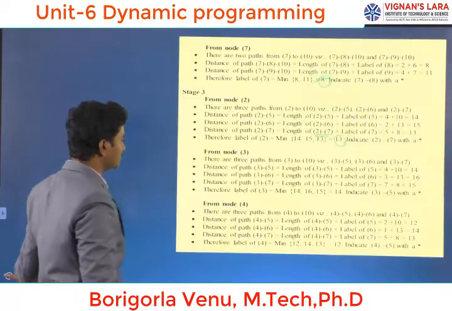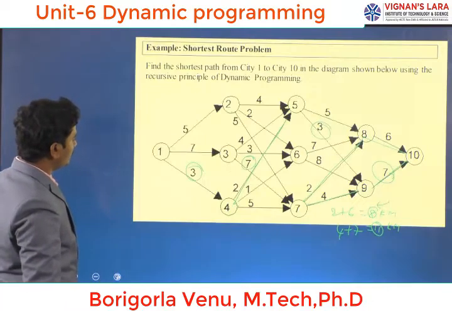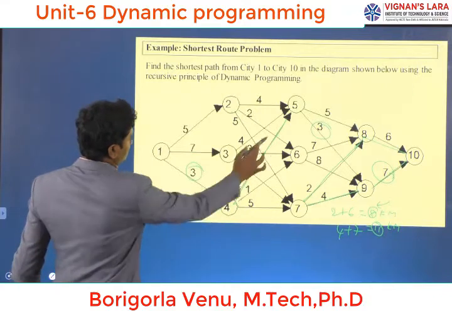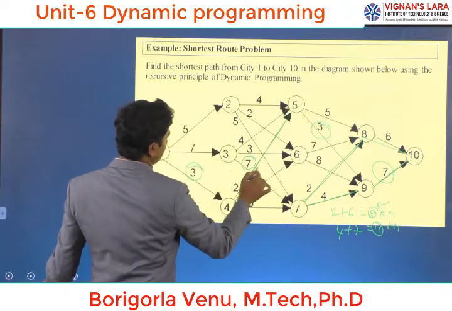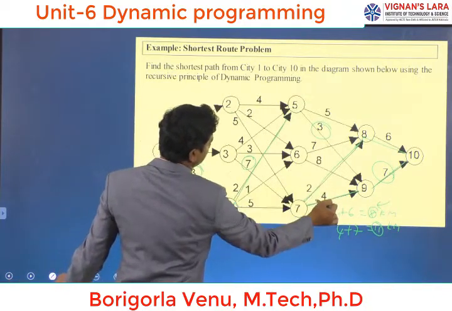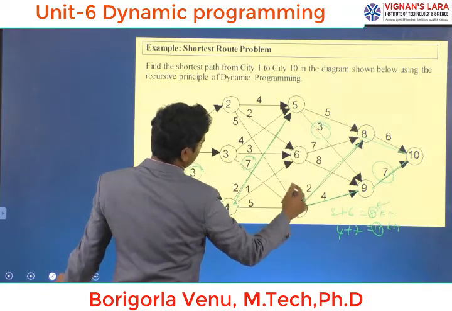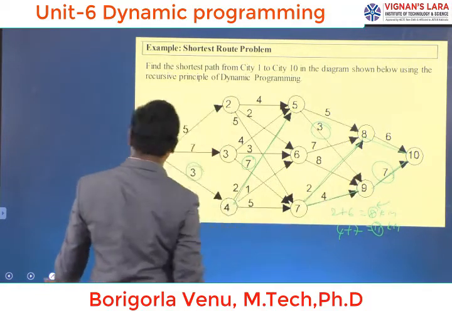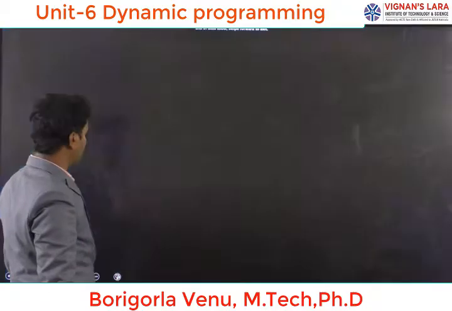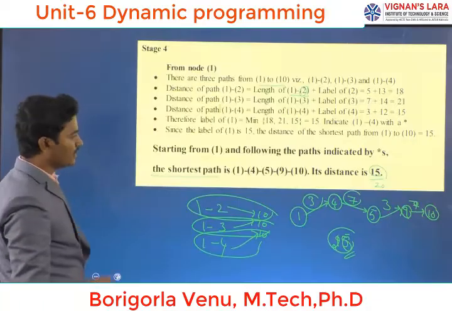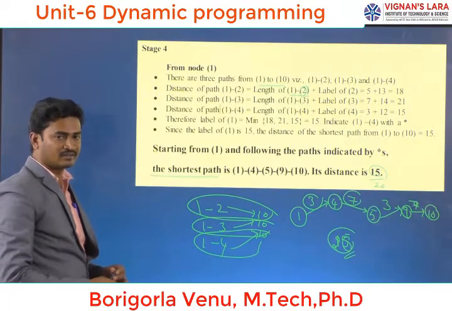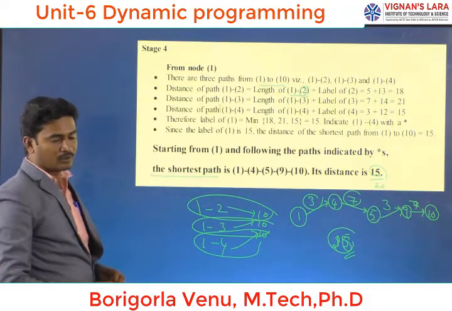Again I am going to cross check it. What is the 1 to 4 value? 3, 7, 10, 13, 13 plus 7, 20. Okay, 20 kilometers. Now we are going to discuss the salesman problem and dynamic programming problems.